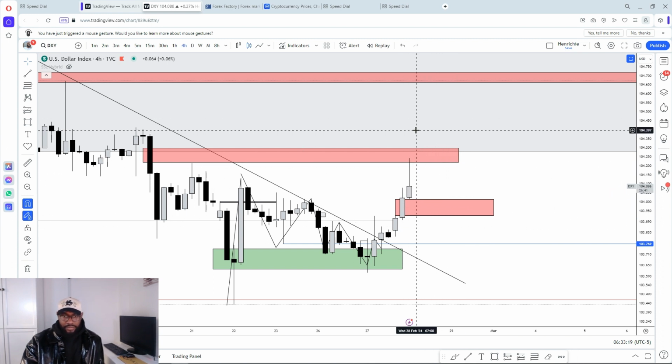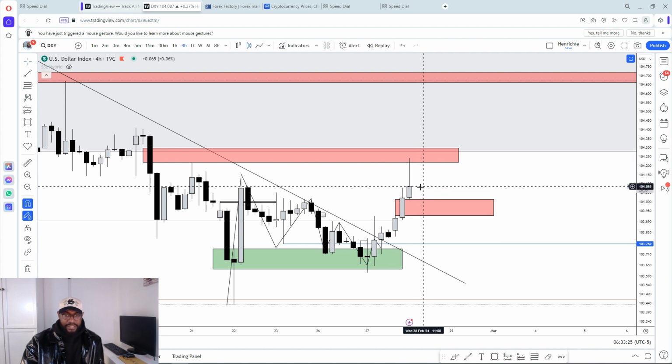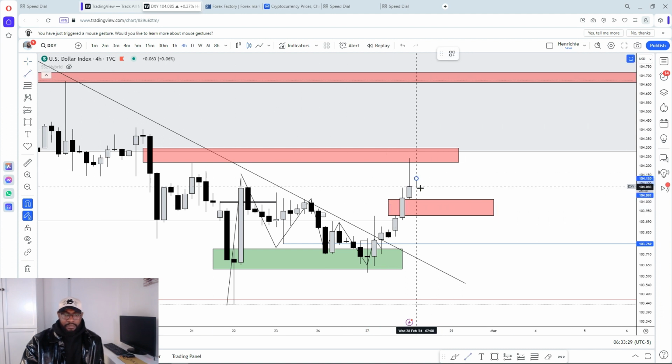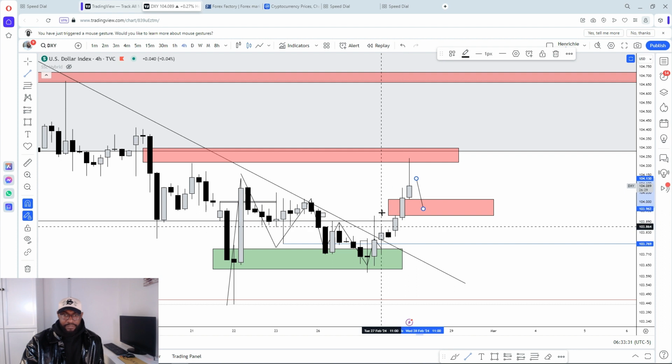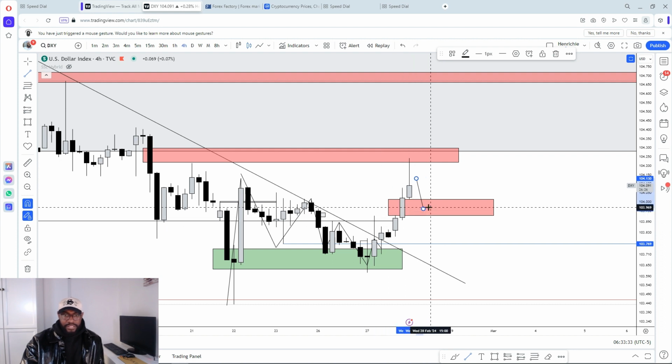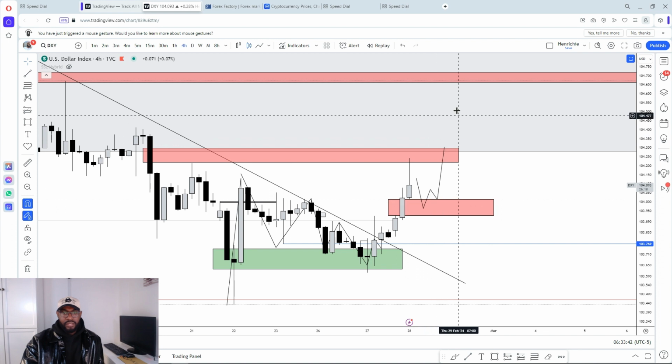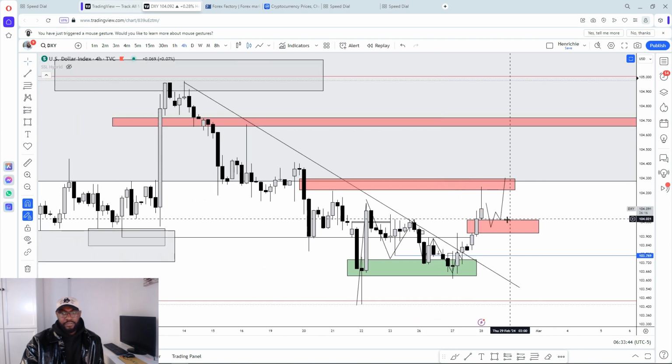And the next 4-hour candle is going to surface in about 27 minutes. So we'll be anticipating to see what that is going to do in the marketplace. Potentially, that could come into this key level because we have this inefficiency. And if price comes into this key level and then we see something like a 15-minute shift in market structure, then we'll potentially look for buys for US dollar to continue going to the upside, because overall we still want